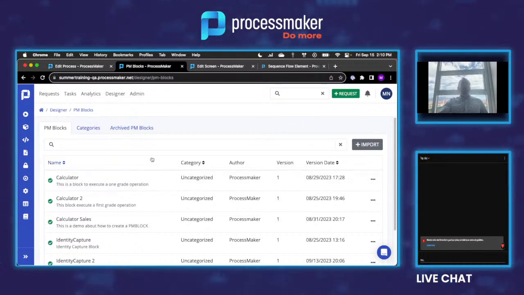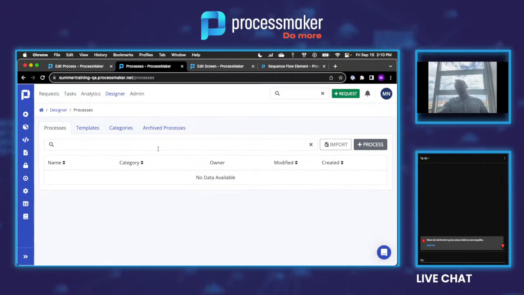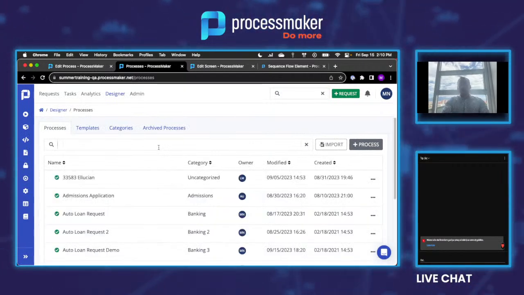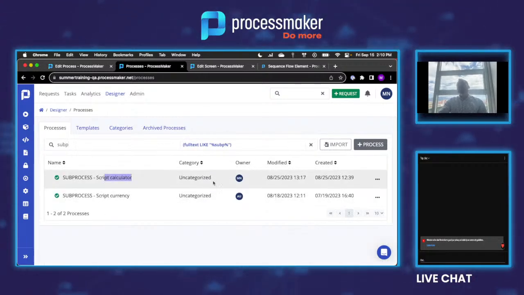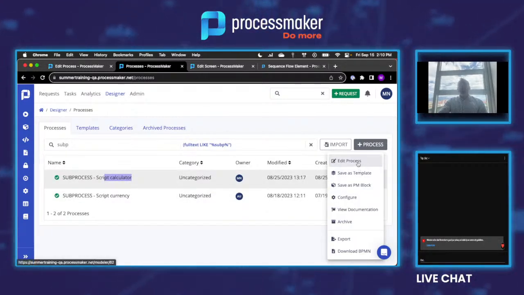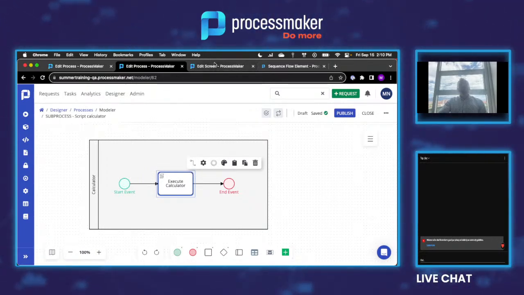We're going to start with a simple and basic concept of a process that has an element that is not so popular among business users, which is scripting. So here I have an example. Here I have a calculator process. This is just a simple example to show you how this works. It is a process that has a script that executes an